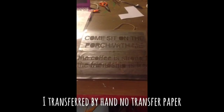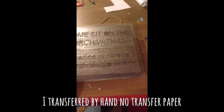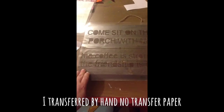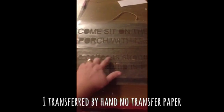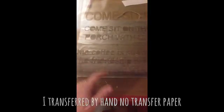But I will get this all taken apart and place it onto my palette and show you what that looks like. As you can see, I have my contact paper now positioned where I like it. Make sure it's straight. Now I'm going to go back and fill in all the empty spaces in my letters that need it. Now that I have all my letters, I'm going to take my embossing gun,